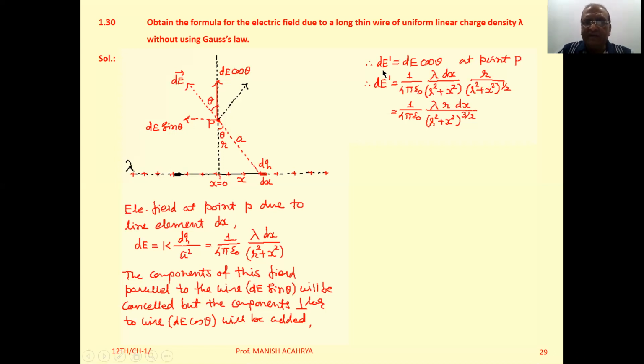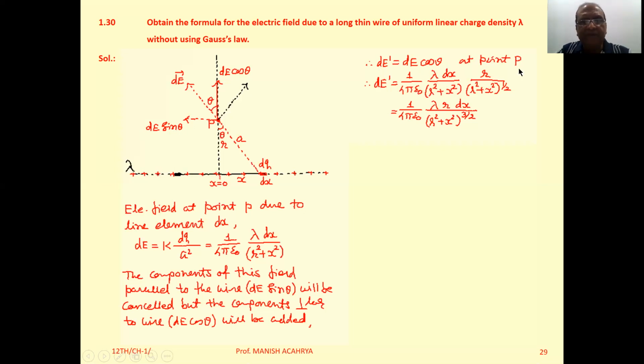So we can write now dE dash, the electric field due to this small element having length dx with charge dq, that is dE cos theta